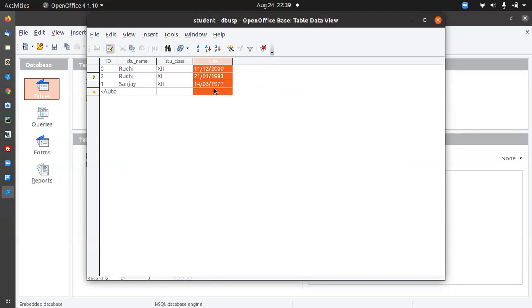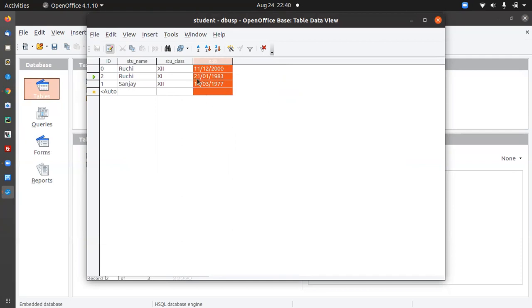And if you want to show it again, then you will right click on the field names, like stu class, or the other field names which are shown here. You will right click on it, then it will give you the option of which field you want to show. Then you will just select it. If you want to unhide all, then you will just click on the all button, or you will select the particular field name. Then in that case the field will be visible again.